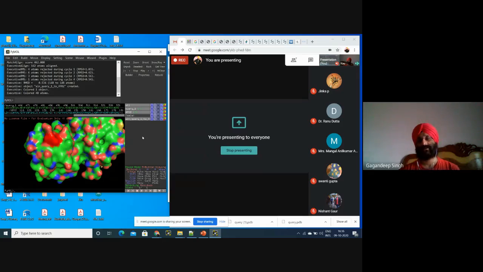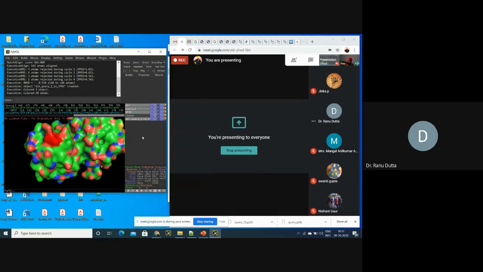For that, you need workstations, or some space from big institutes. There are several institutes that will provide you some space. Maybe Dr. Renu, you will also provide some space for GROMACS for finding the stability. Yes, GROMACS is already installed, and Nishant and Mangal have joined me for their PhD. They have been trying to run the program.